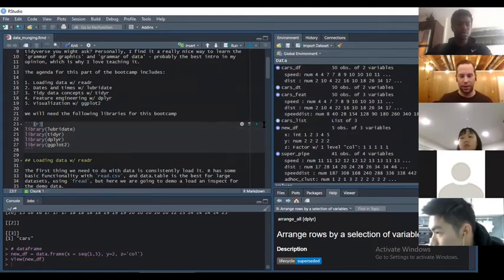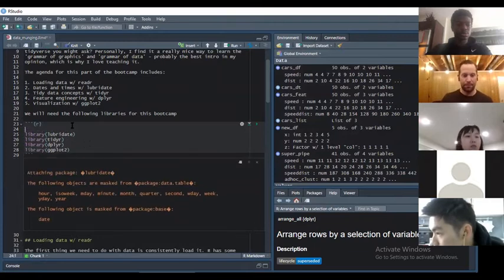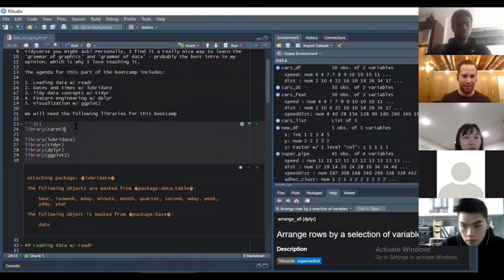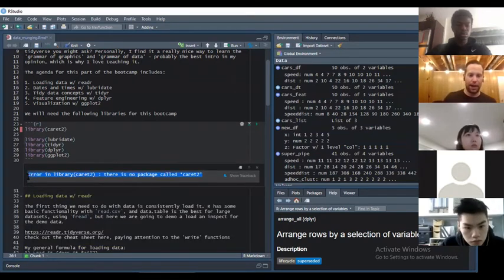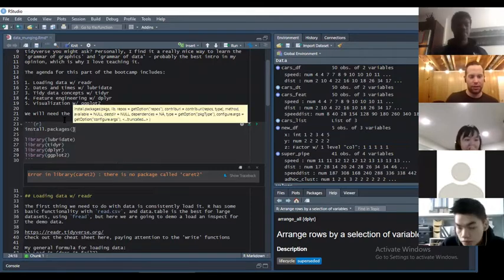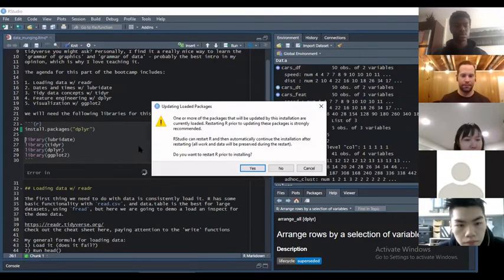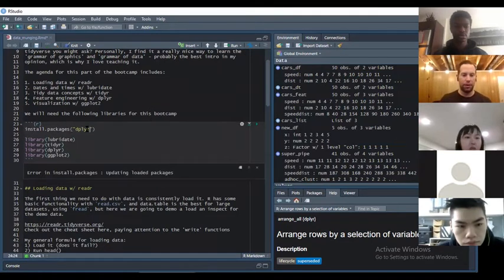So in order to install a package, I think I have all these installed, but if you call library, and let me just see, trying to think of a library I haven't installed. So if you say like, okay, there's no package like this, you can go and call this function called install.packages. And then in quotation marks, you can type it in. If I wanted to install tidyverse, which I think is dplyr or deployer, this will give you a warning, say like, okay, you've already had this loaded. I'm not going to restart R, but